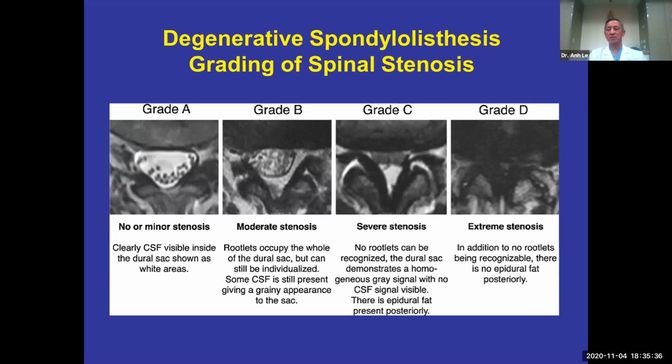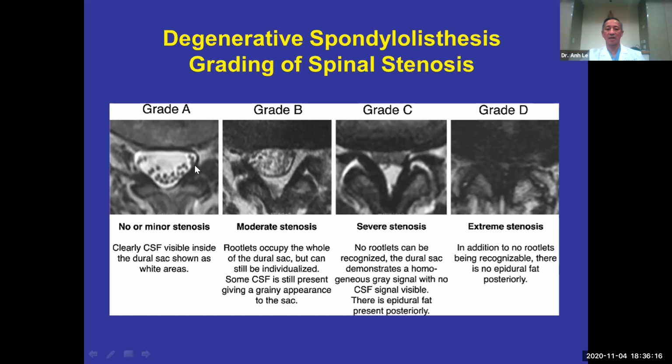How do you grade spinal stenosis? If you have good software, then you can actually measure the cross-sectional area of the thecal sac, but I don't have that in my practice, and that takes too much time. So the way we grade spinal stenosis is based on the cross-section MRI findings. So for minor or no stenosis, as you can see here, the thecal sac is quite large. You can see fluid, cerebrospinal fluid, and the nerve roots are sedimented in this position.